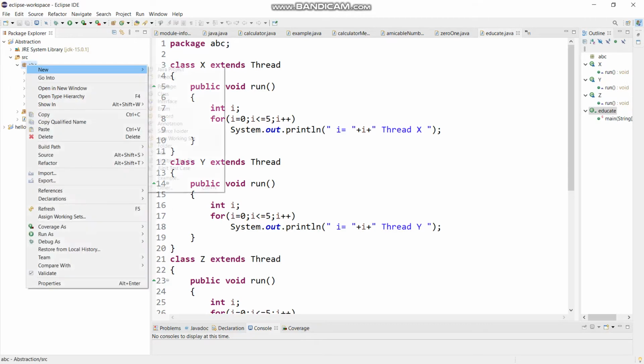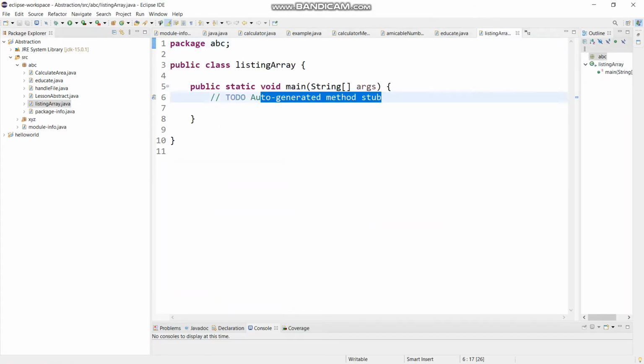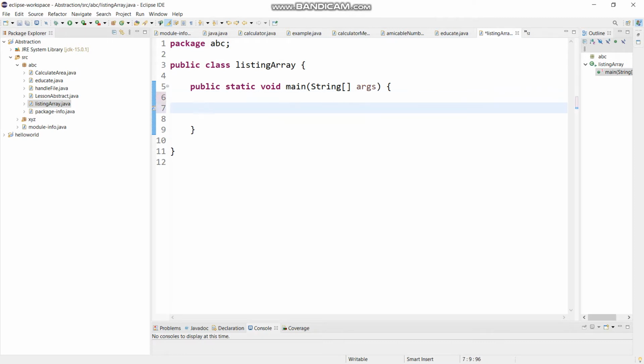So in Eclipse we will create a new class. I'm naming it listing array, with public static void main, and then finish. Inside the package we have public class listing array, and there we have our main method.